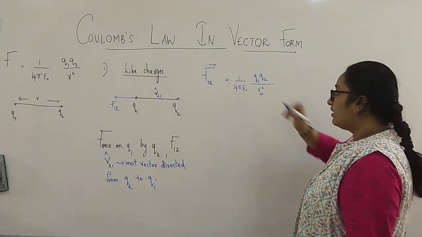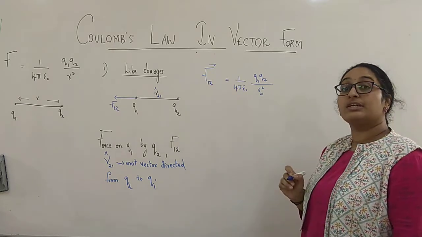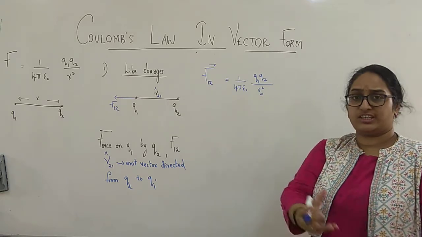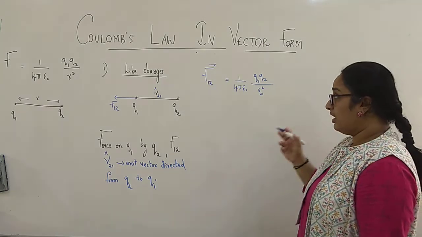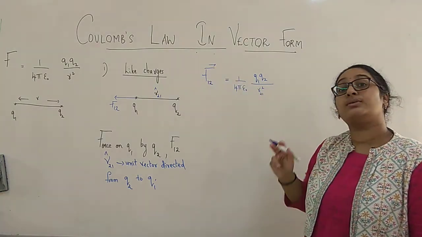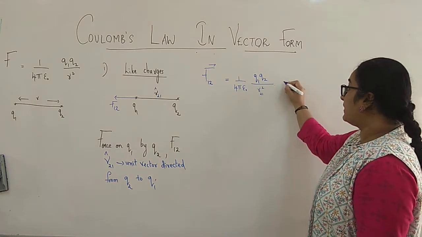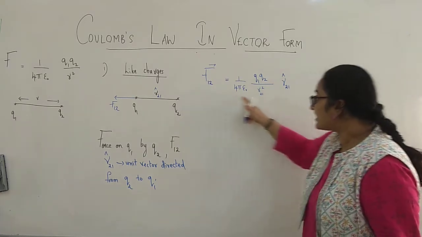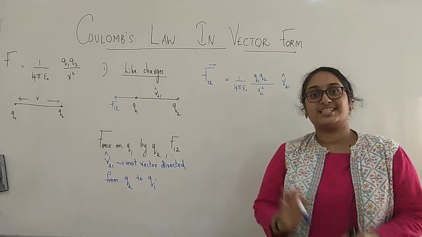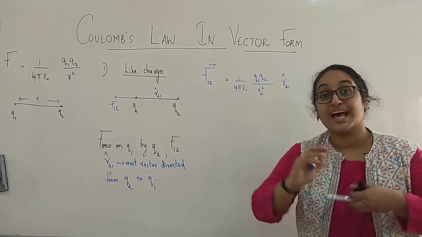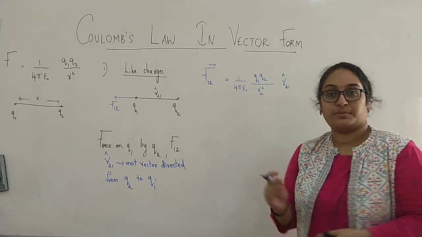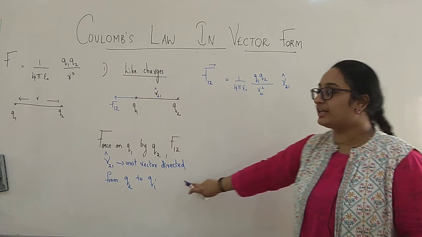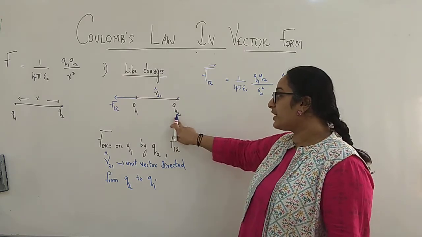Now here we have to include direction. This part only gives you the magnitude, the value of force, like we say 40 Newton. Now I have put a vector symbol here, so I have to include direction also. Direction is specified by the R21 unit vector. This clearly shows that now the equation is written in vector form. This is how you have to write the force equation in vector form. Magnitude is the same, you only give a direction to it, R21. And you know what R21 is? R21 is a unit vector directed from Q2 to Q1.